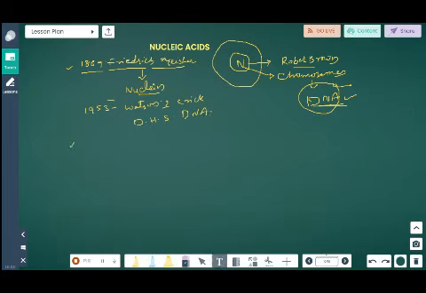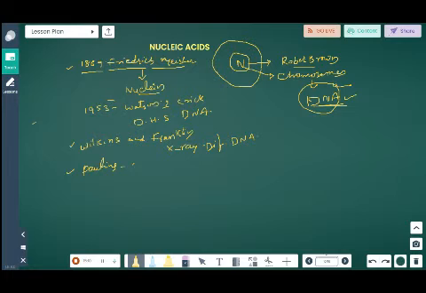But in the year 1953, Watson and Crick identified the double helical structure of DNA. Watson is a zoologist and Crick is a physicist. Watson worked on the effects of hard X-rays on bacteriophage multiplication, and Crick worked on X-ray diffraction studies of proteins. Wilkins and Franklin did the X-ray diffraction studies of DNA. Pauling worked on the hydrogen bonds present in DNA.